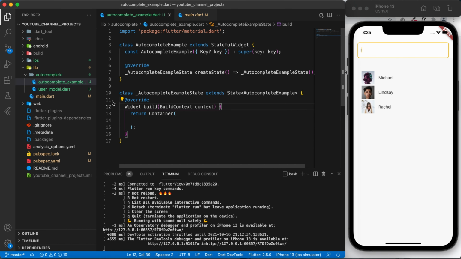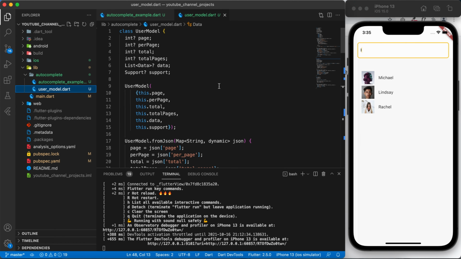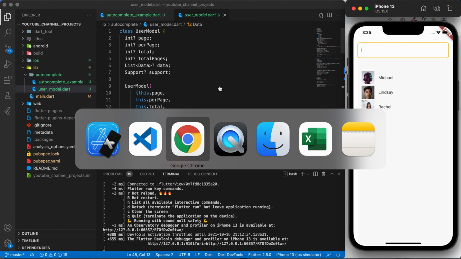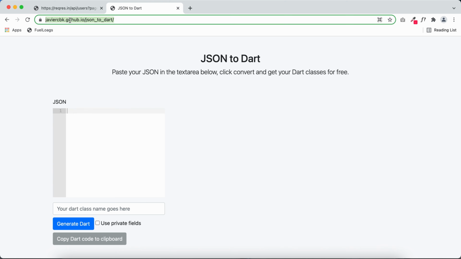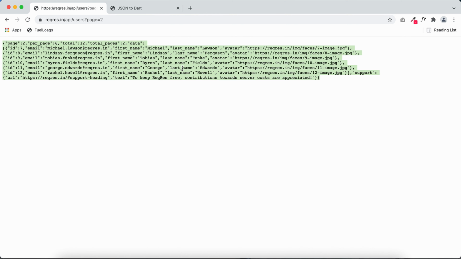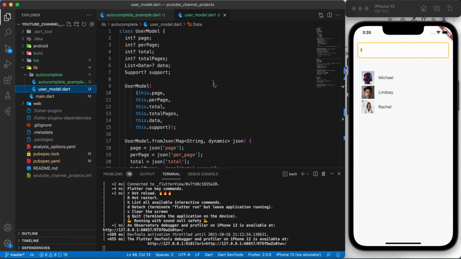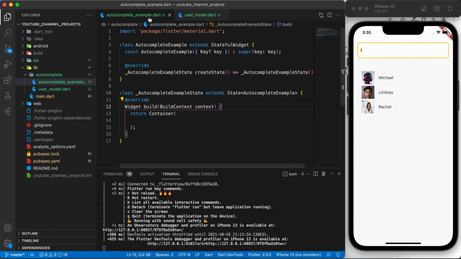I have already done that to save time. I have created this class using that website, and I have used the API of this site. You can copy this too, or get it ready for saving time.